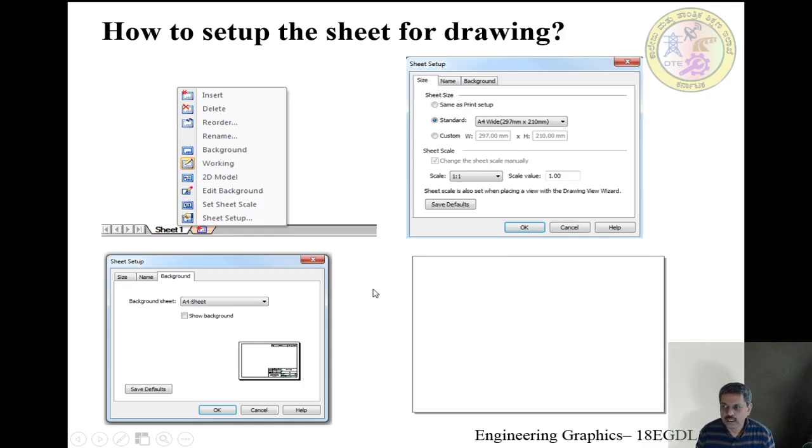And then once you are done with your settings, that is the sheet setup. If you click OK, what you get is this blank sheet. What we want is the A4 size blank, which is a landscape mode. This is the setup every time you want to draw something, because it will be uniform throughout the course. Whatever projections you will be doing, whether it is points, lines, or planes, or solids, or even isometric, we will be using the same thing.